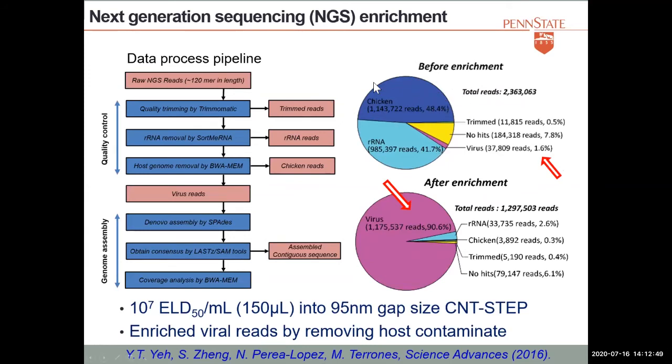So the way to look at this slide is what happens before enrichment and after enrichment. Before enrichment, you have lots of host contamination from the animal, which is not viruses. And in this case, 1.6% of the reads were viral, detected by NGS. But after enrichment with our device, it increased from 1.6% to 90%. So that means this device can enrich very effectively, and most of the sample becomes viruses. So this is very interesting because you can do other types of tests. And again, the viruses are viable here.